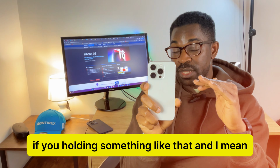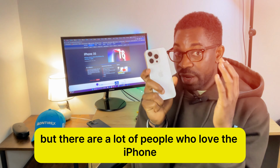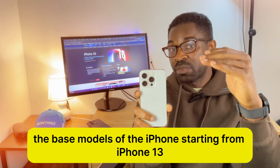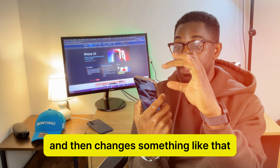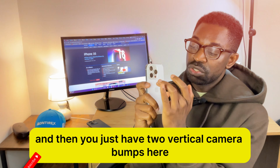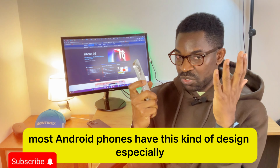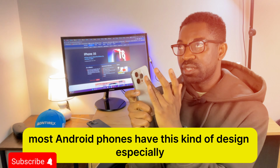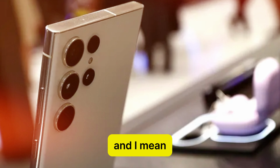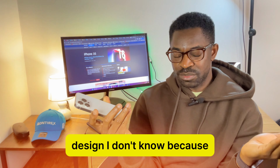If you're holding something like that, it just shows you that this is Apple, this is an iPhone. There are a lot of people who love the base models of the iPhone, starting from iPhone 13, just because of the camera. And then changing that and having two vertical camera bumps here, it's like most Android phones have this kind of design, especially Samsung. And I mean, is Apple truly getting into the Android ecosystem design? I don't know, because